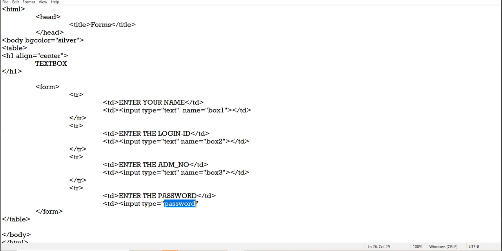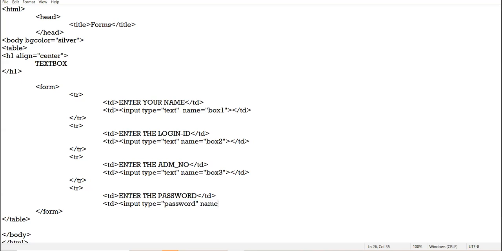Rather, asterisk symbol will be shown. Asterisk or solid dark circle, what you call disk. Your actual password will not be shown, it will be hidden by asterisk or by disk.